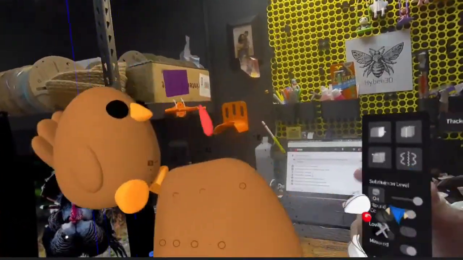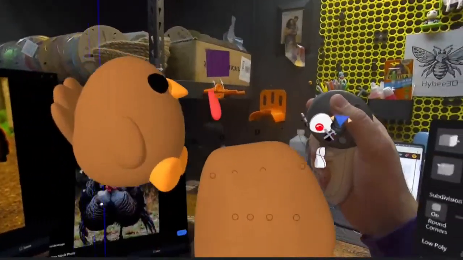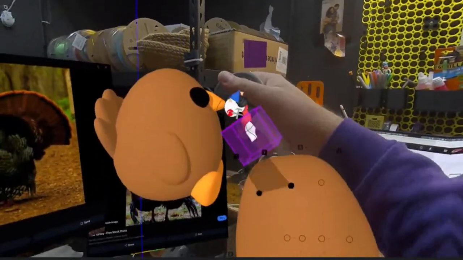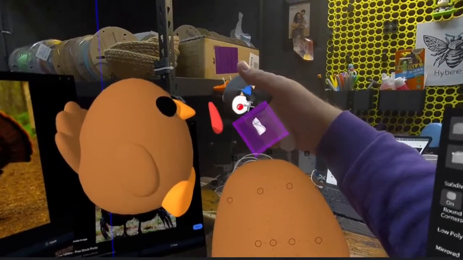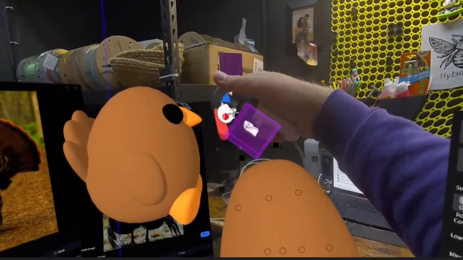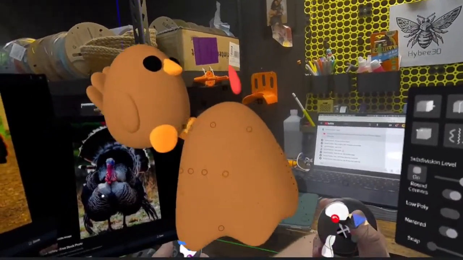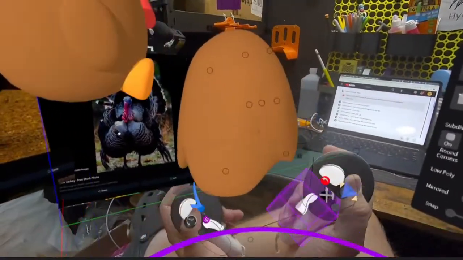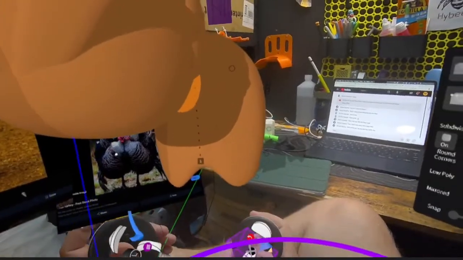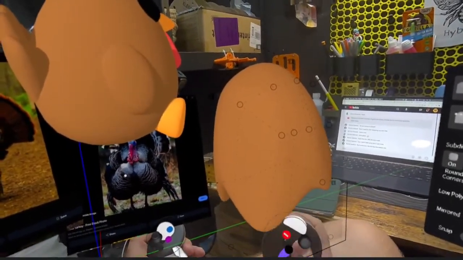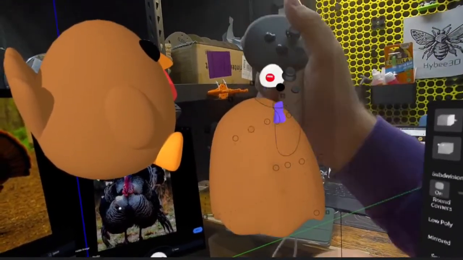Now I'm going to need to do some serious smoothing on the top of the head. Gets a lot less eggy really quickly. That's okay. It's less important that it's an egg and more important that it's a turkey.